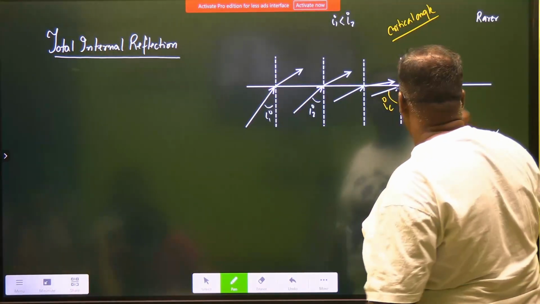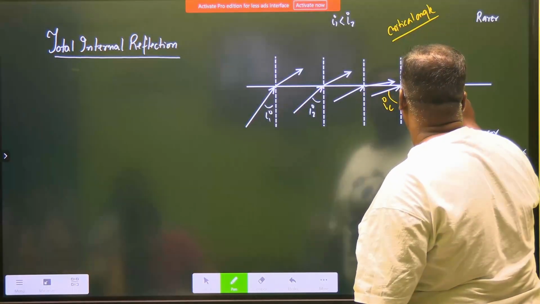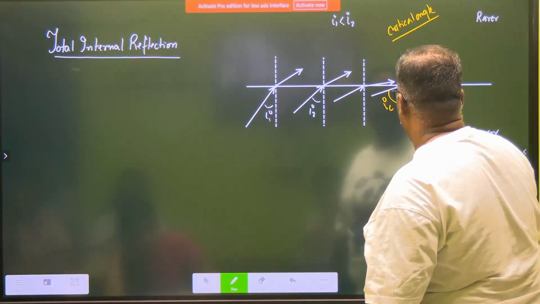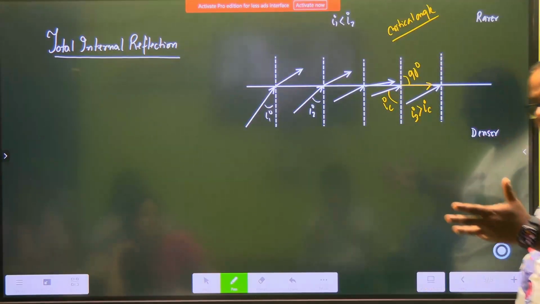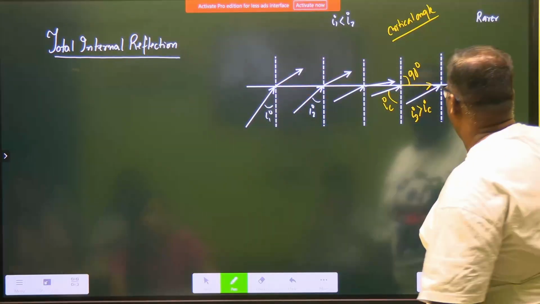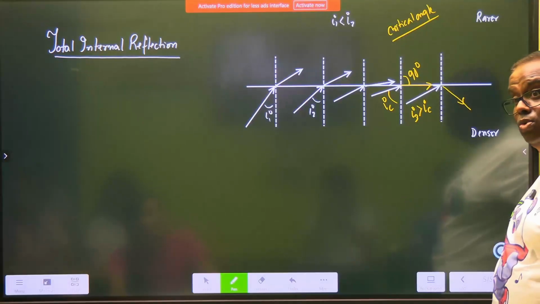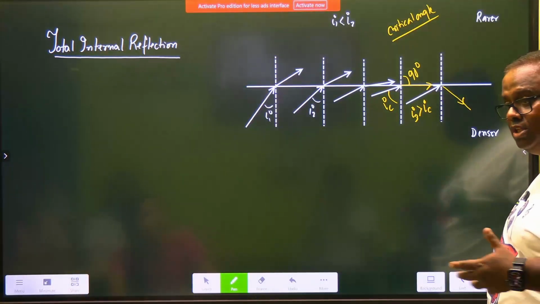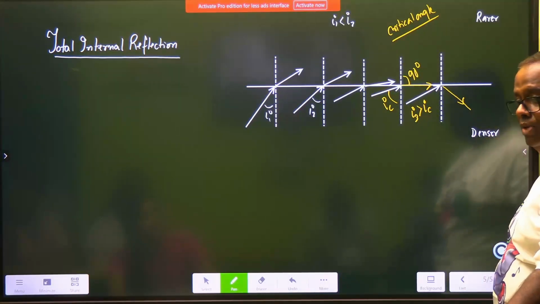And now I am creating another incident ray with an angle here, say I3, which is greater than IC. Greater than IC. Understood? This ray won't be able to escape out. It will come back reflected. This phenomenon is called total internal reflection. In total internal reflection, the angle of incidence is more than the critical angle. As such, refraction as a phenomenon is lost. Everything that is happening is